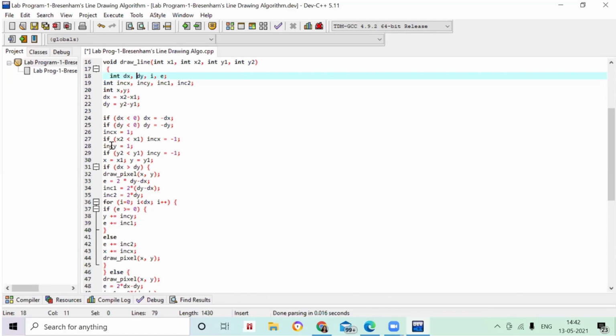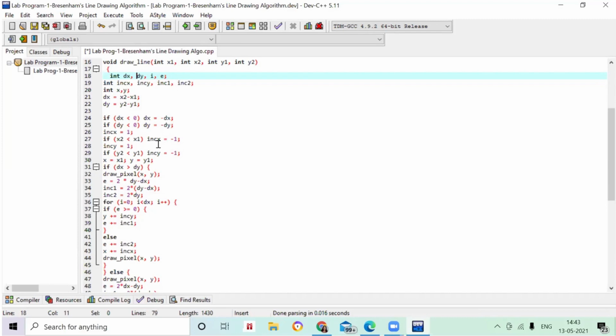Okay. And another condition also will be there. Suppose if x2 is less than x1, then you are going to keep the increment in this variable as -1, because you know that when we are calculating the pk values, if the condition will not satisfy, x will increase and y will be constant.